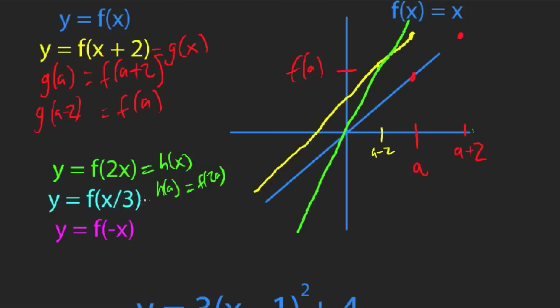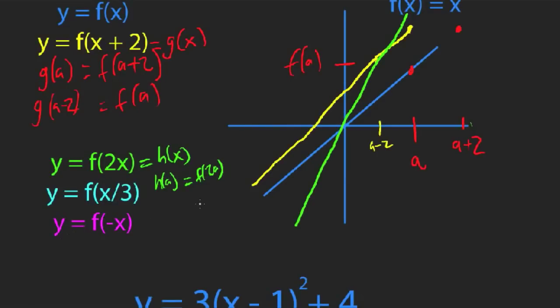And same with, you get a horizontal stretch if you're dividing by a number, like multiplying by 1/3. Then you get a horizontal stretch instead of a compression by the same logic. y equals f of negative x is going to be a reflection across the y-axis instead of the x-axis. So you're going to get this,